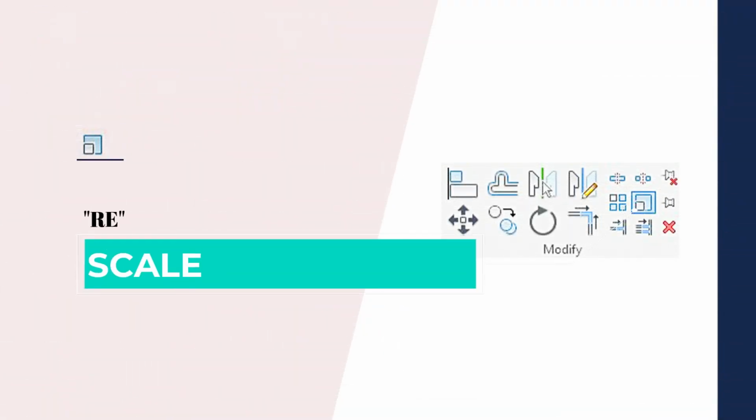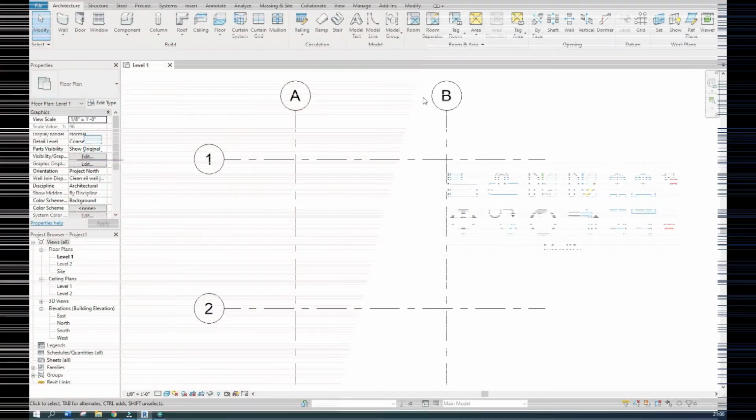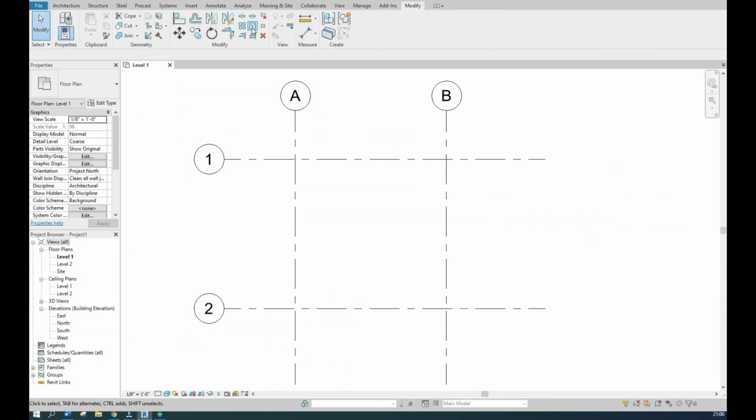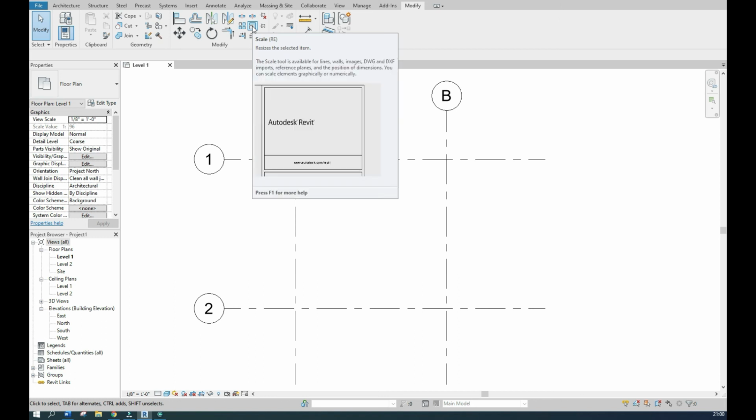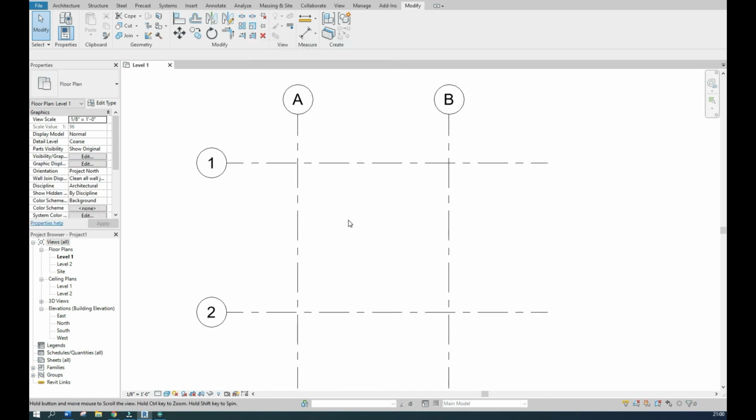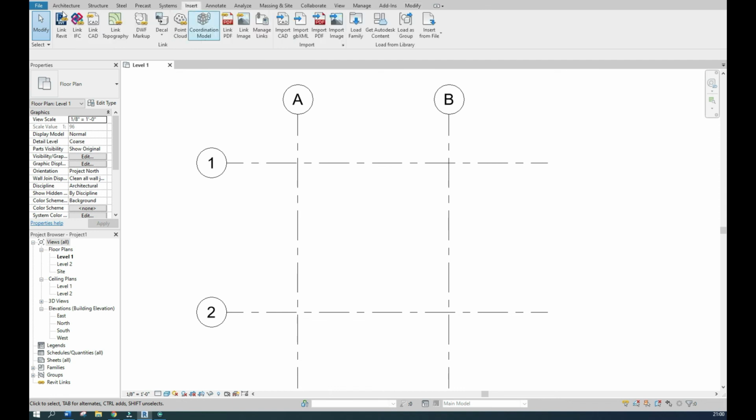Scale. This tool is used to resize or scale the selected element. You can use this tool to scale your CAD drawings or text.